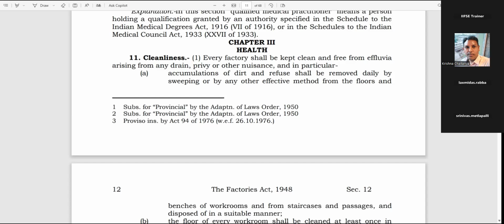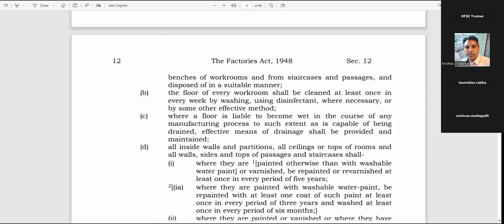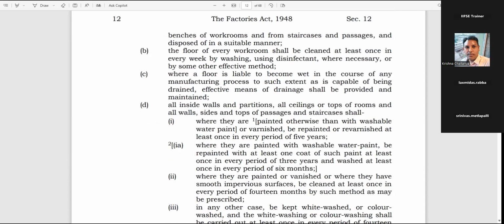But once we go through this PDF, you will get a bunch of points. If I simply take this chapter itself, when asked what are the various provisions in the Factories Act, I can say that in the Factories Act we have a few chapters, and under the health chapter we have various provisions. Cleanliness is one provision, where we have to make sure that all the premises are whitewashed once in 12 months, or once in 3 years, like that.